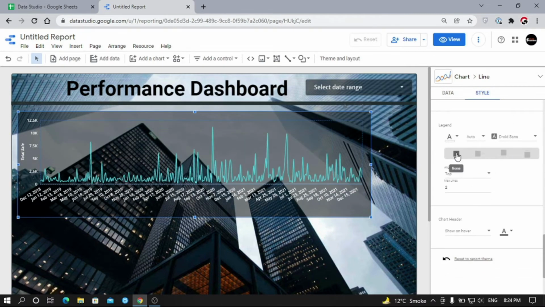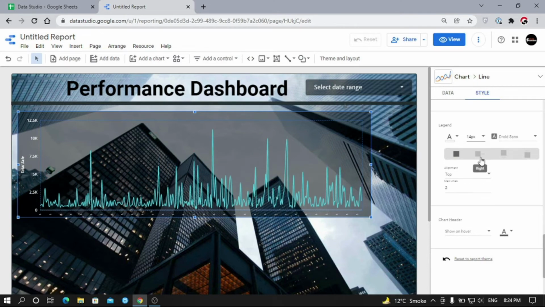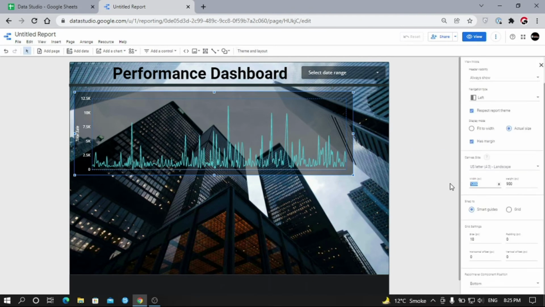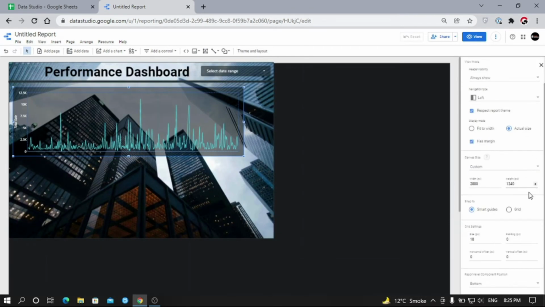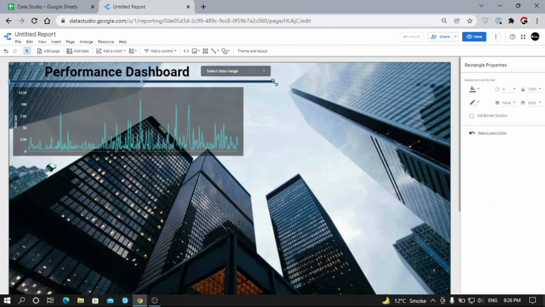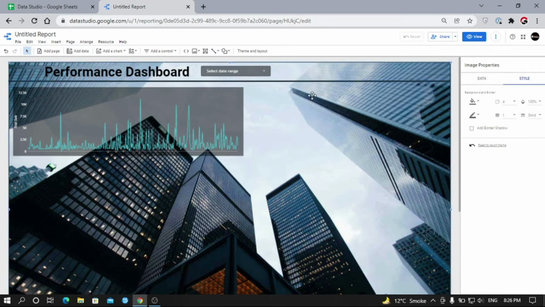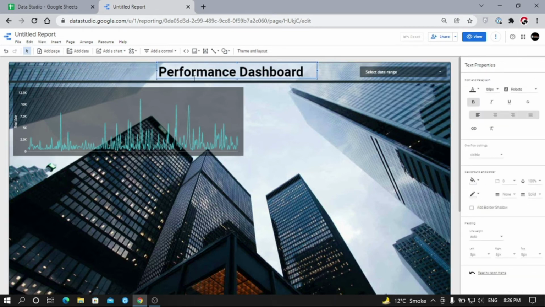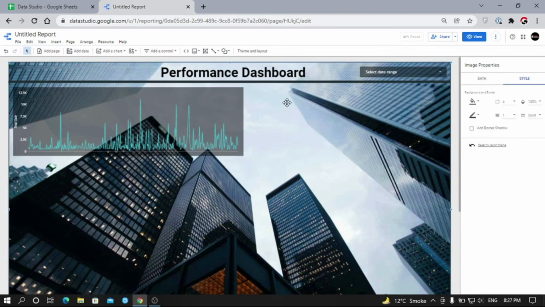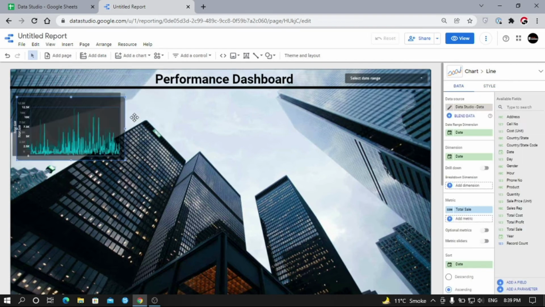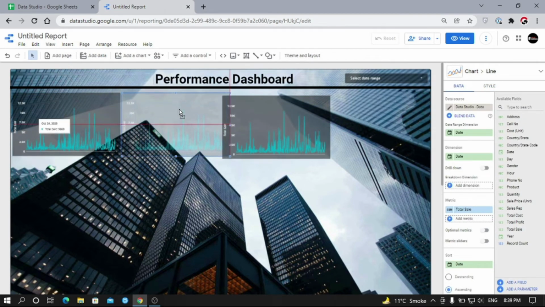Some legend settings. Perfect. Now copy this and paste twice because we need two more charts.